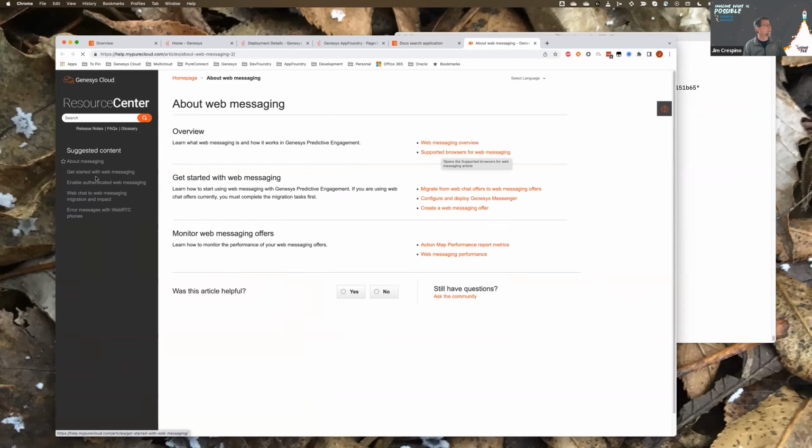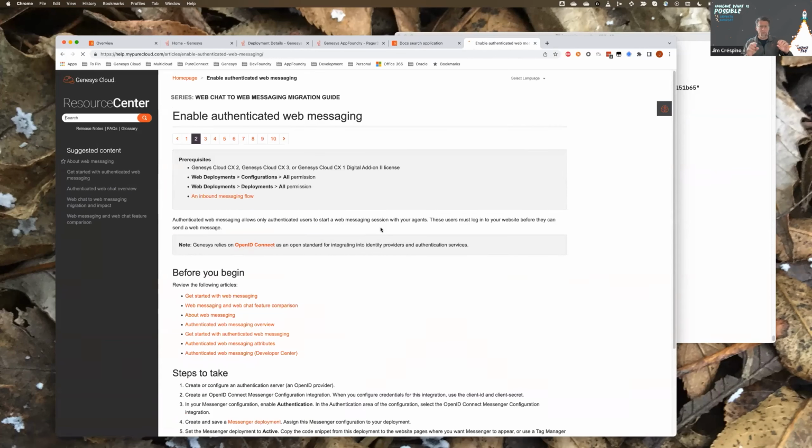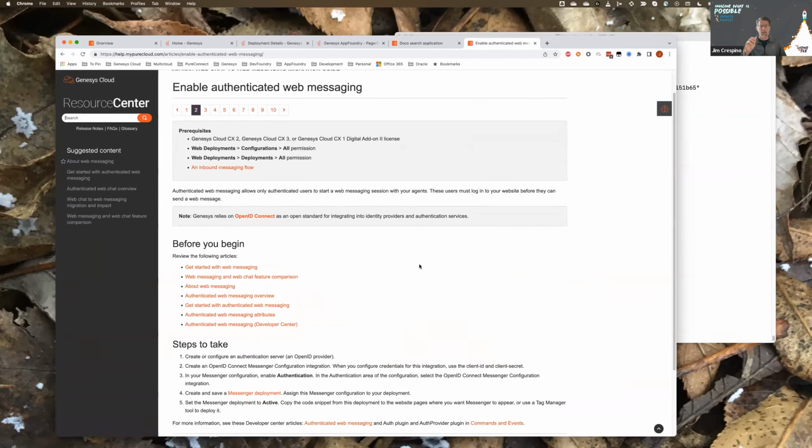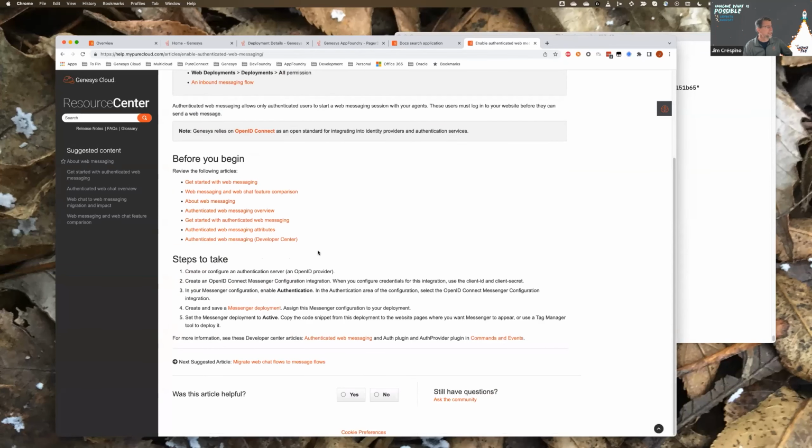So this would be the key. Authenticated means you have a user that you know. It's not an anonymous user on your website. So the user has logged into your website. You know who the user is. You could use that with web messaging to pass that information about who the authenticated user is through web messaging.